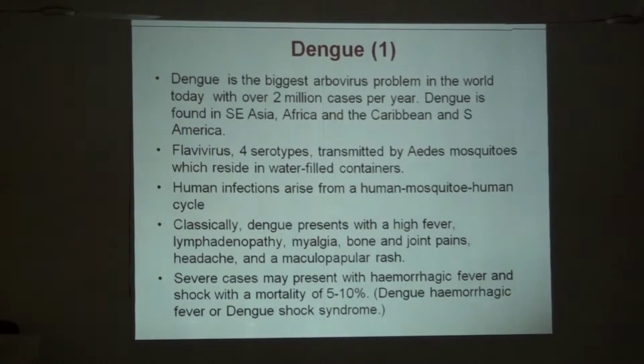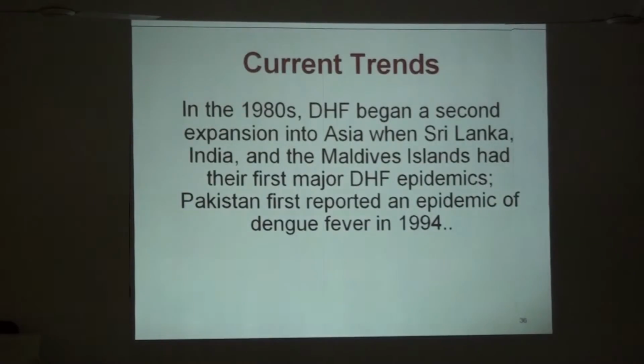And human infection arises from a human-mosquito-human cycle. Classically, dengue presents with high fever, lymphadenopathy, malaise, bone and joint pains, headache and maculopapular rashes. Severe cases may present with hemorrhagic fever and shock, with a mortality of 5 to 10% in the case of dengue hemorrhagic shock syndrome. The current trend of dengue